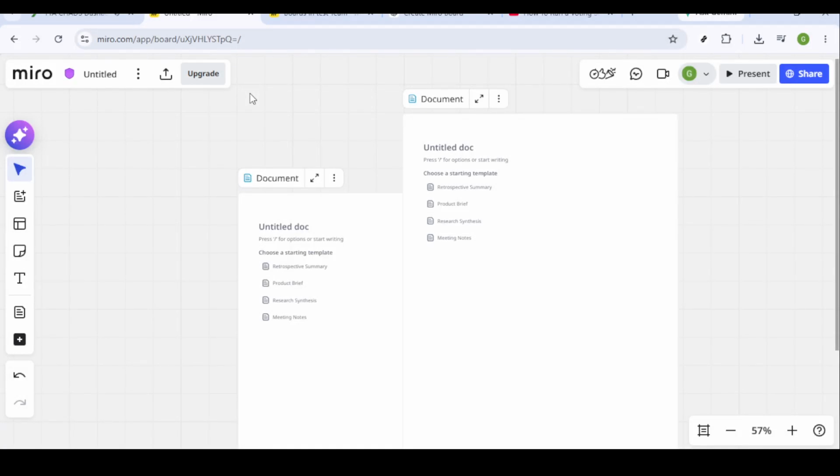In today's video, I'm going to teach you how to add an image in Miro. If you've ever felt the need to make your Miro boards more visually engaging, adding an image can be a game changer, enhancing both the aesthetics and understanding of your board's content. So, let's dive into the step-by-step process of incorporating images into your Miro workspace, making sure your boards are both